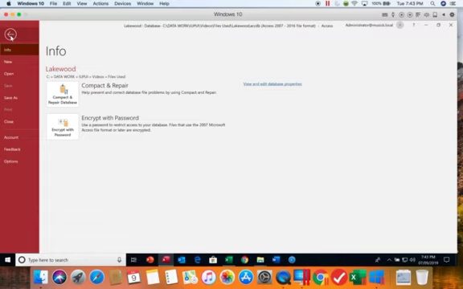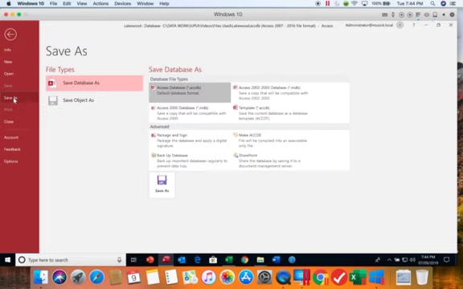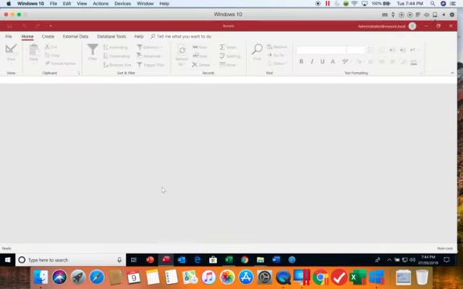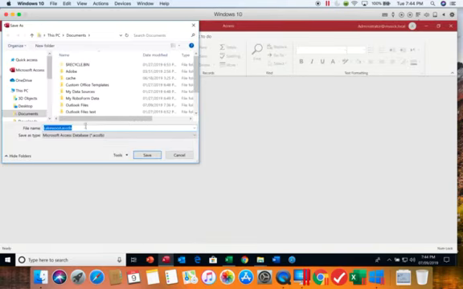All right, we're going to look at two additional things. For your homework, when you download your database, it has an _1 at the end of the name. But you need to change that name and save it as _2. So if you go to the File tab and you choose Save As, Save Database As, and leaving this as an Access database, you click on Save As, it brings up the database name for you to